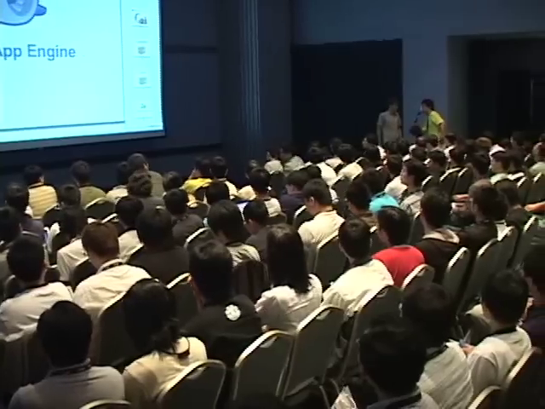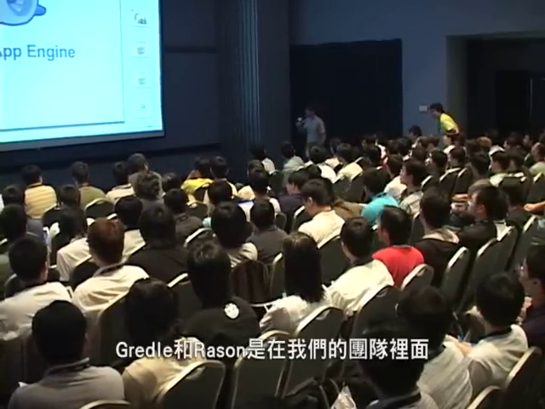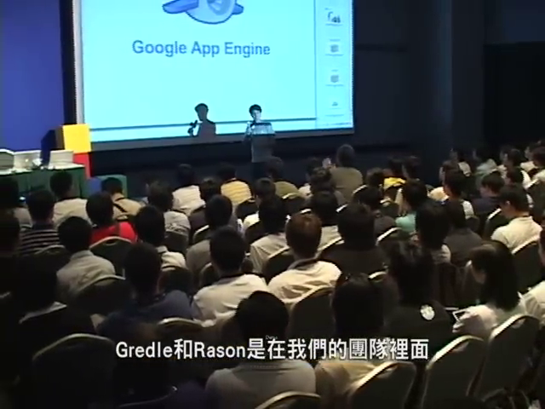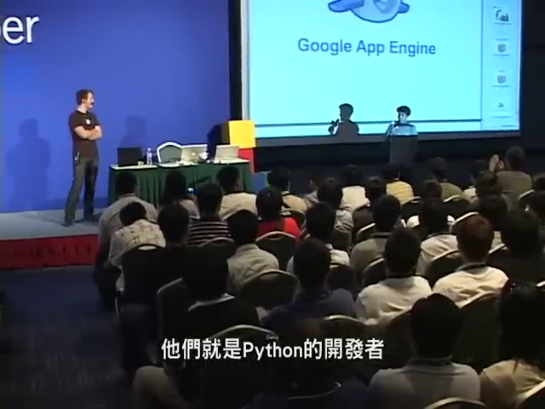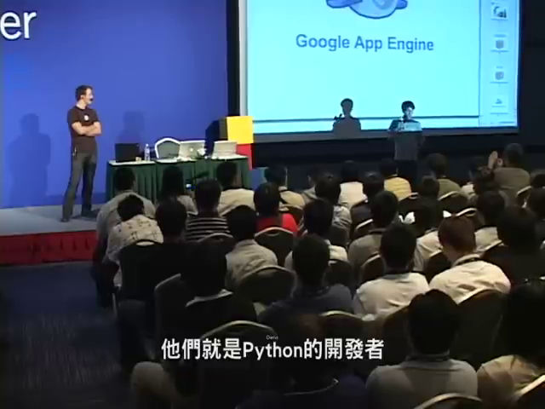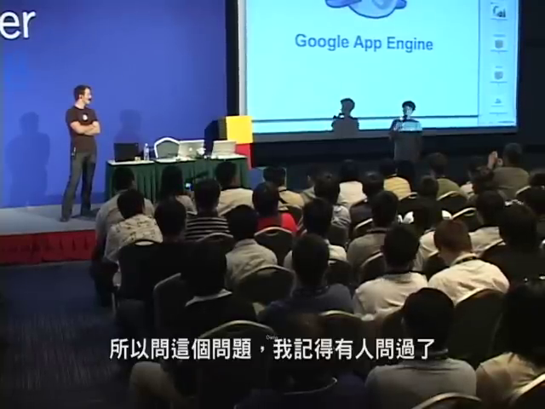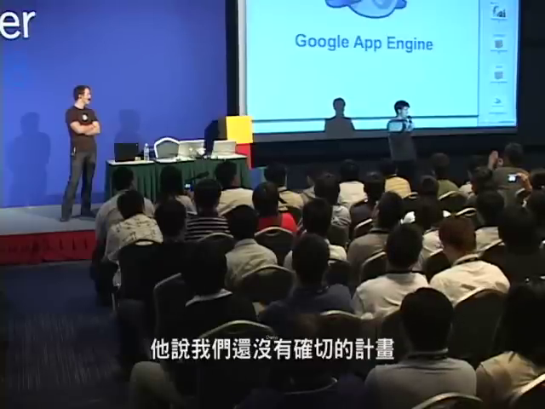What's your plan for Python 3000? Okay, I'm going to keep running back and forth. So Guido van Rossum is on our team. He's the creator and primary developer of Python. To quote what Guido said, that exact same question was asked at Google I/O. And he said, if I remember correctly, we don't have any plans yet, we don't know what we're going to do, and if